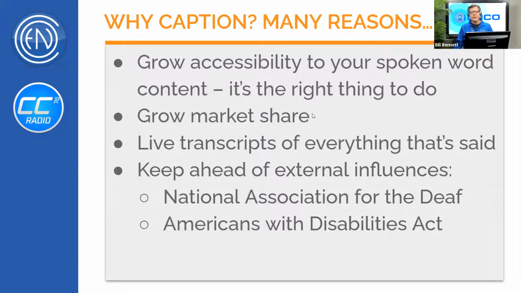There's a business reason behind these things too, of course. And whenever you spend money, you have to have that. Well, in radio, that means I think you can grow to reach a larger audience and grow market share. There's a reality there. Like Rob was saying, our system generates transcripts whenever it's captioning. They may not be word perfect, but they're awfully close to high accuracy, mid to high 90s, and that's a great place to start if you want to get final transcripts, or at least just have raw transcripts of all the dialogue that was said, and it saves them as simple text files.